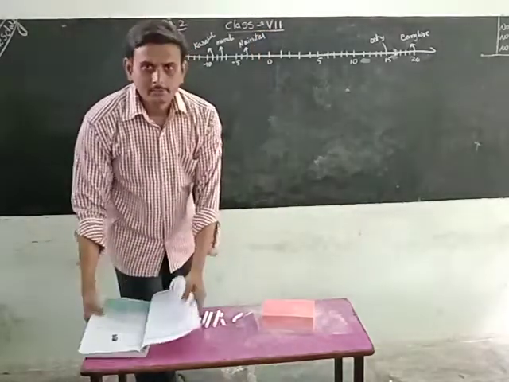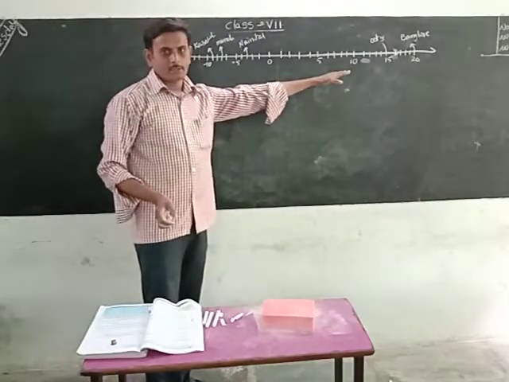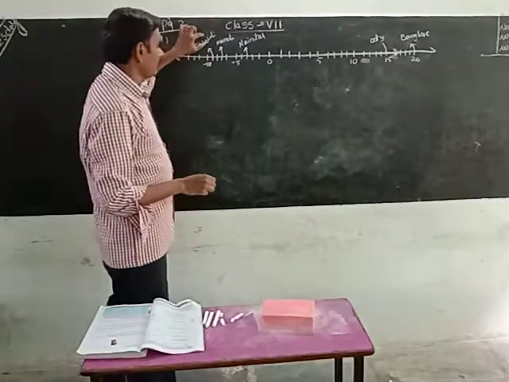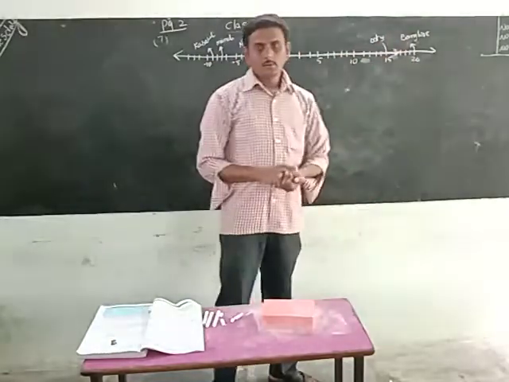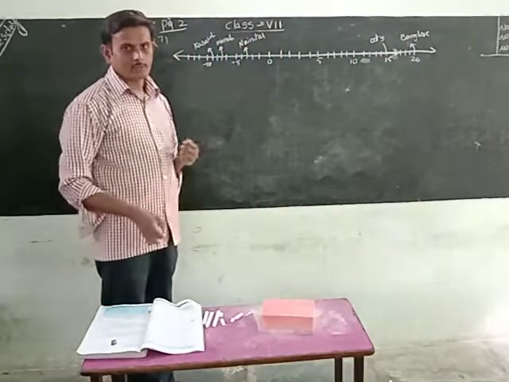Okay, like this number line is given. This is the temperature. Totally 5 cities are given there. What are the 5 cities? Kasauli, Manali, Nainital, Ooty, Bangalore. Okay, by using those 5 cities' temperatures, we will solve the questions.